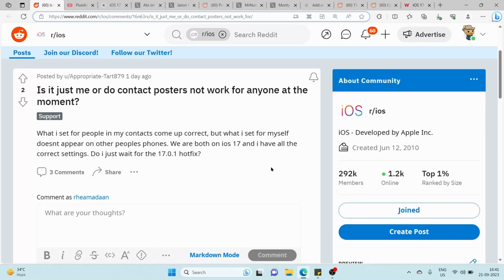Some iOS 17 users have been experiencing an issue where the contact poster feature is not working or showing a